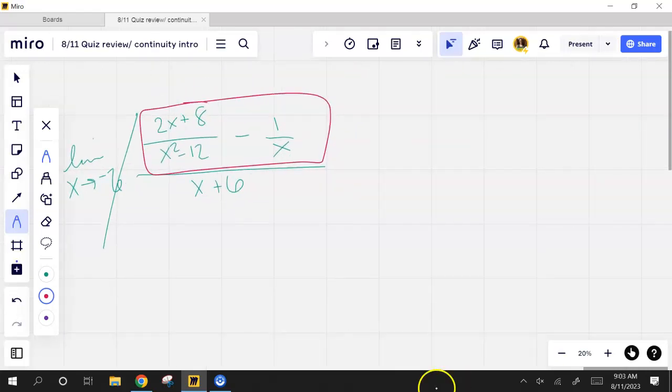I could take out a 2, but what's the LCD here of just the top? Oh, it's x times x squared minus 12. So to force them to have the same bottom,